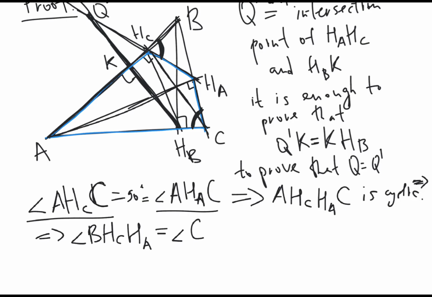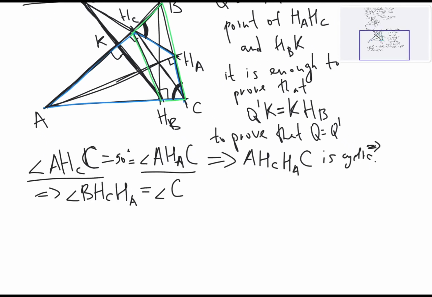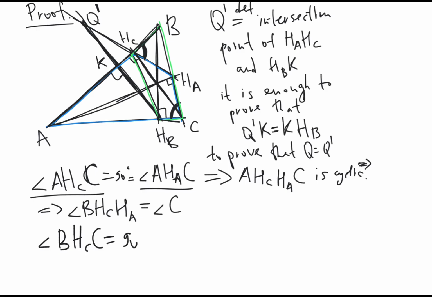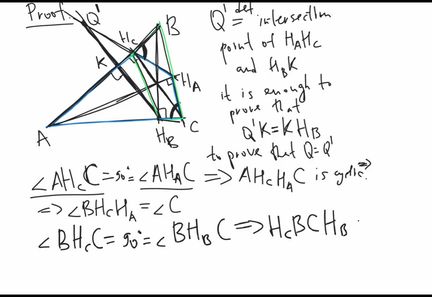Now similarly, if we consider this quadrilateral, it's also cyclic for the same reason, basically. We have two right angles, right? So the angle, in this case, BHCC is equal to BHBC, right? So BHCC is equal to 90 degrees and is equal to BHBC. From this, it implies that this quadrilateral HCBCHB is cyclic,